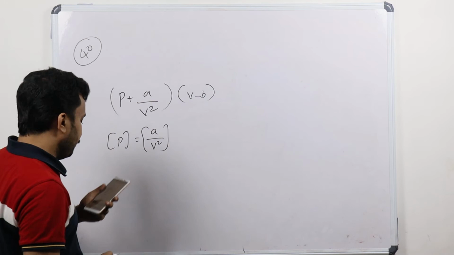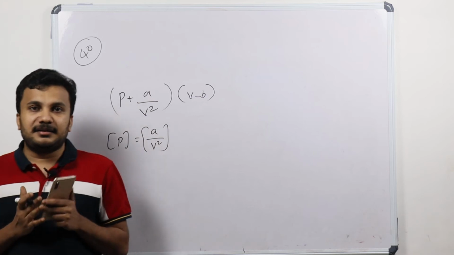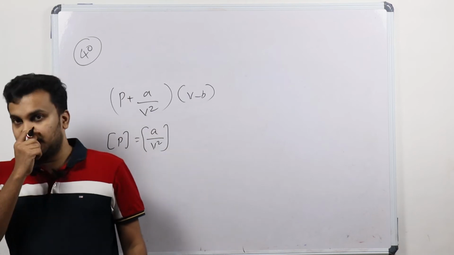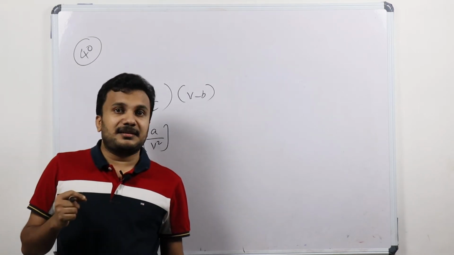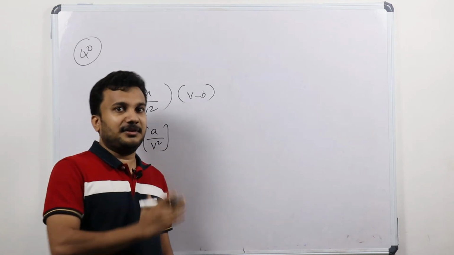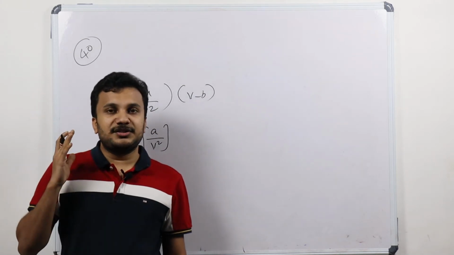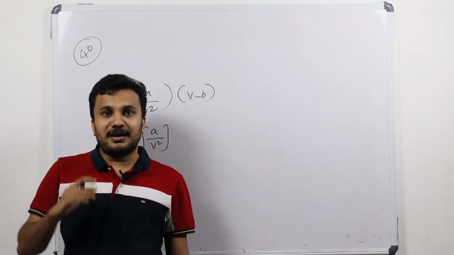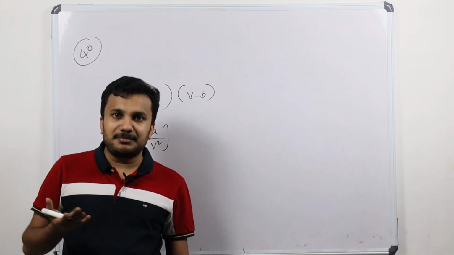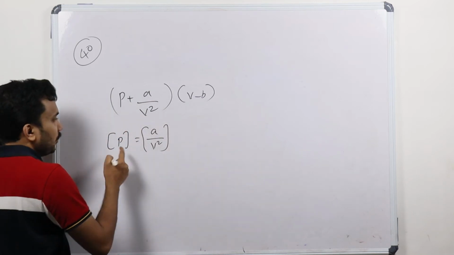So we have to find the unit of A. If you look into these options, you can find dyne and centimeter. Dyne is a unit of force in the CGS system. In the SI system, the unit of force is called Newton, right? So far we have learned this from 7th, 8th, 9th standard, Newton's laws of motion. Their force unit in SI is Newton. In some other unit system, which is called CGS, C means centimeter, G means gram, S means second, the unit of force is called dyne. Okay, so pressure.